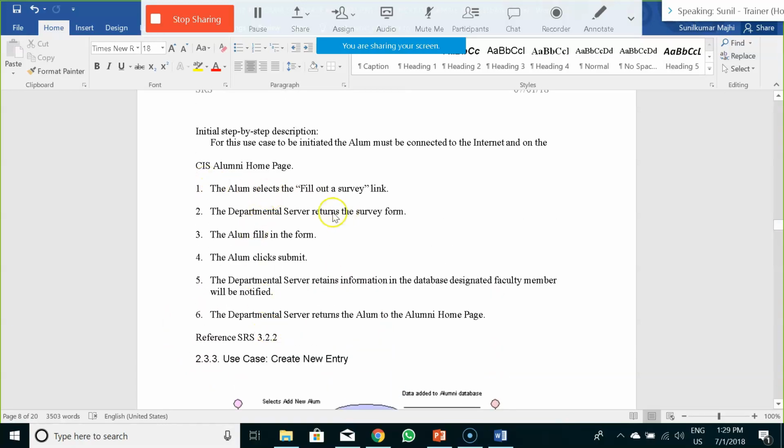Along with that, you have to highlight the steps that a user would perform when a use case needs to be executed. For example, if I say alumni homepage screen, the alumni would select the fill out the survey link. The departmental survey returns the survey form. The alumni fills in the form. The alumni clicks submit. The departmental server retains information.